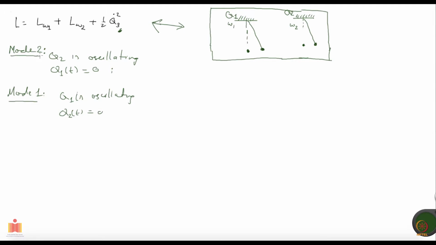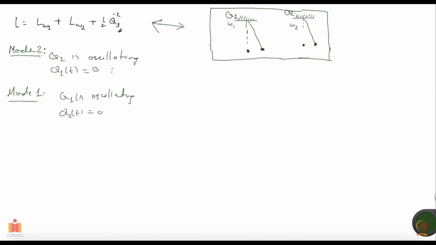Of course you can do this because these two oscillators are independent, they are not coupled. And that's what a normal mode is, and that's how you can make your system oscillate in one mode or the other. So you may simultaneously put all other modes at rest. Let's say your system was equivalent to having hundreds of oscillators, so you may choose to excite only one normal mode and all other modes you can keep at rest.